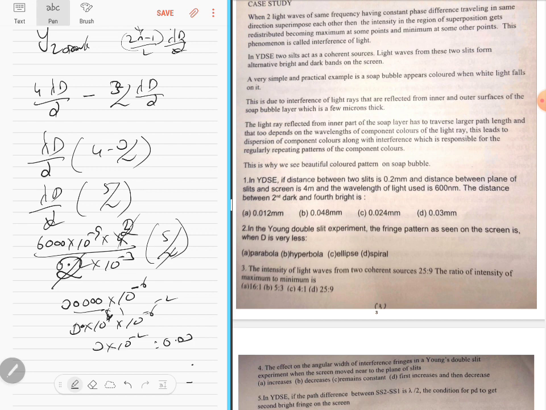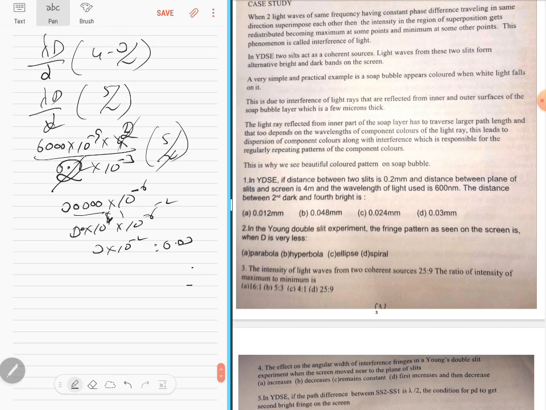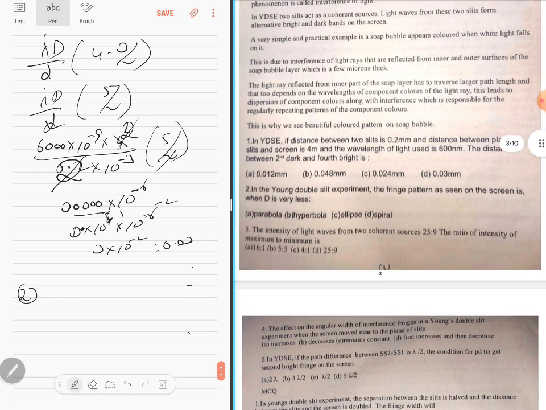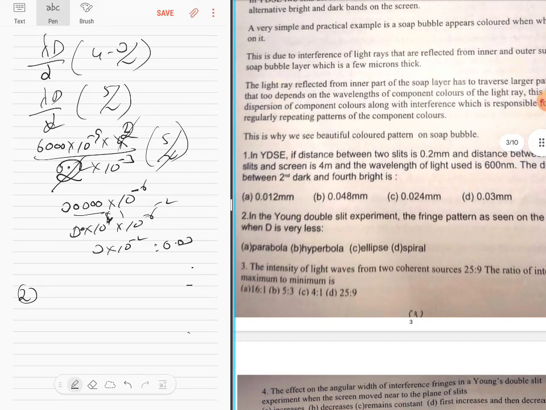Millimeter? What? I thought I had converted everything into meters. Just check, guys. Okay, I think I've done it correctly. Just check your answer. It shouldn't be millimeters, it should be meters, right? Okay, anyway, second question. In Young's double slit experiment, the fringe pattern obtained on the screen when D is